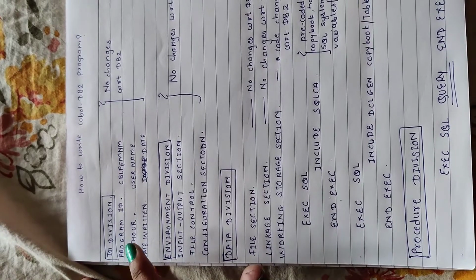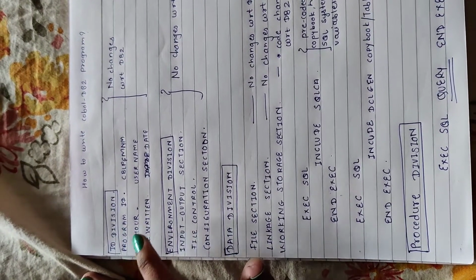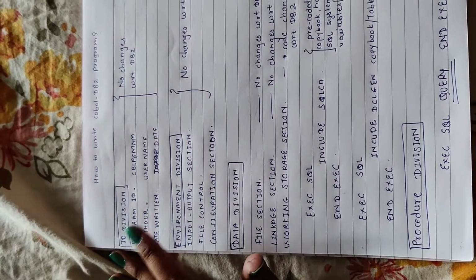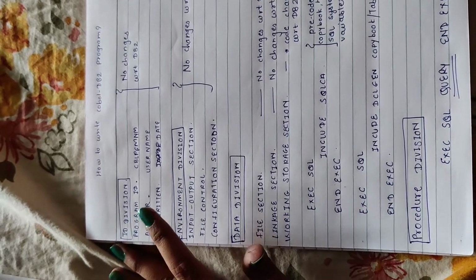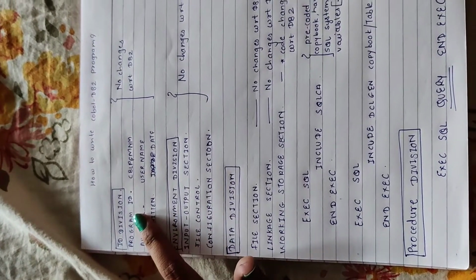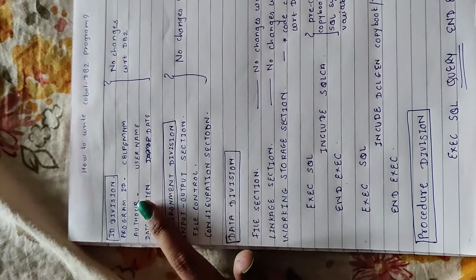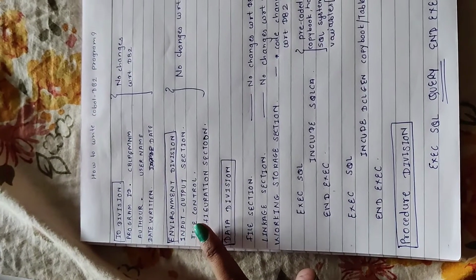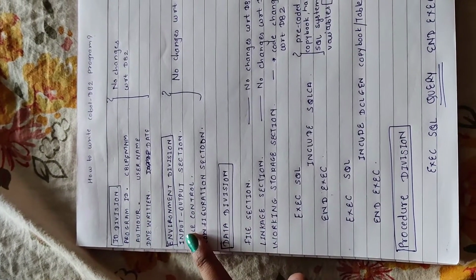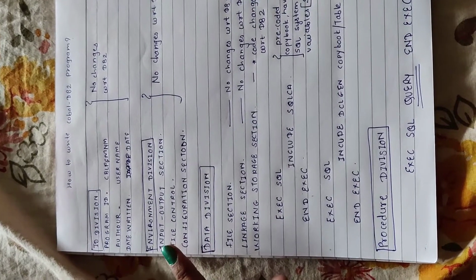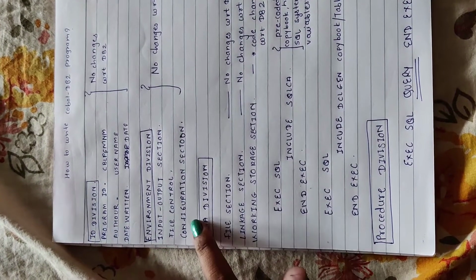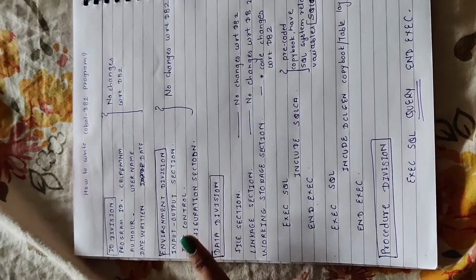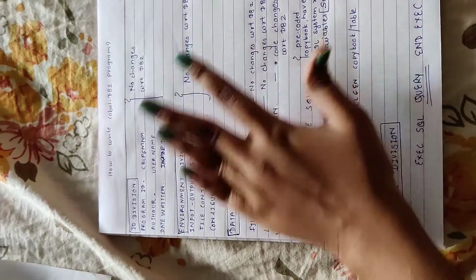In the identification division, we have program ID, author, and date written, but as we are discussing how to write a COBOL DB2 program, here we are not going to make any changes with respect to DB2. It is as usual, like the COBOL program you are writing. Then the environment division is there. In the environment division, as we know, there are the configuration section and the input-output section. Under the input-output section, the file control section is there. Here also there are no changes with respect to DB2.